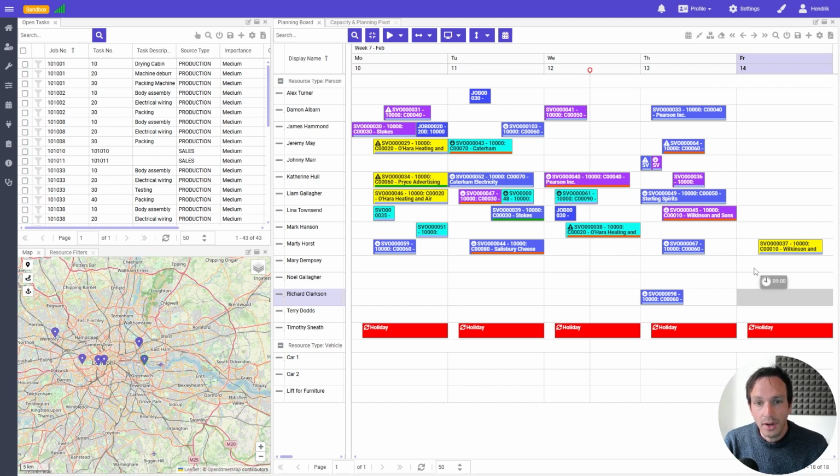The background colors of the appointments on the planning board and the horizontal bars at the bottom are the two visual indicators that I'll be focusing on today. Each color that you see is linked to some property or to some status of your planned work. We can check out the meaning of those colors by clicking on one of the appointments that you're interested in